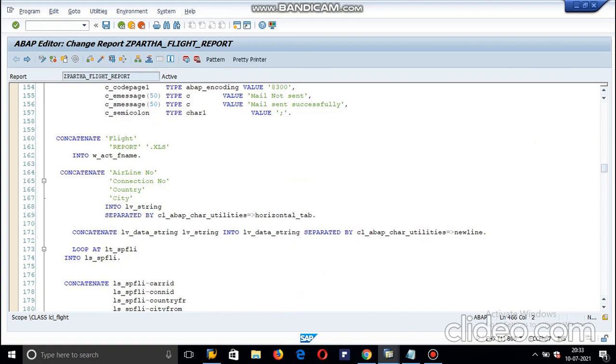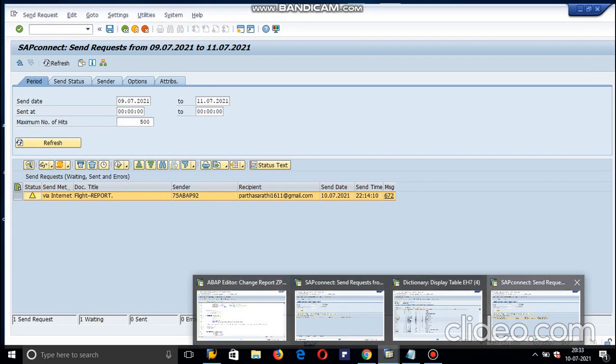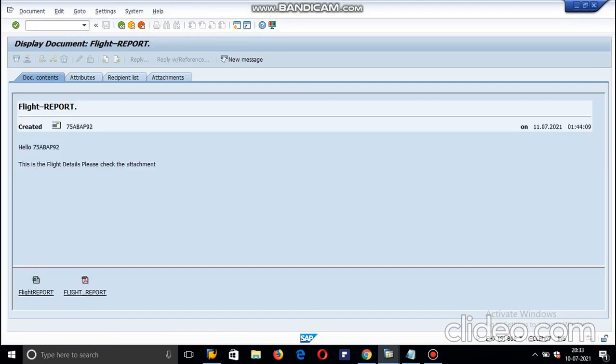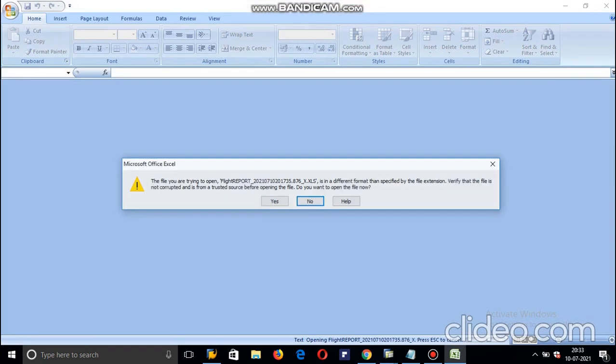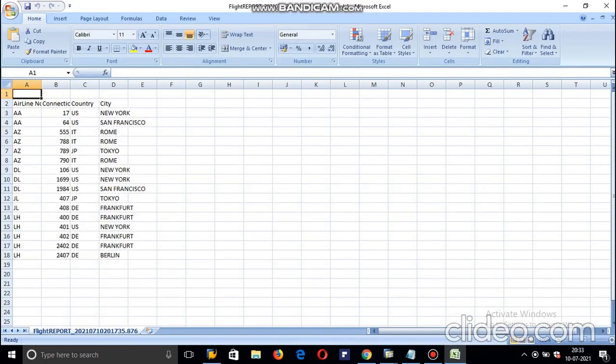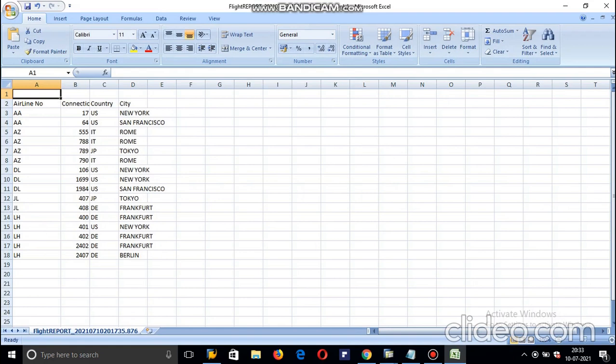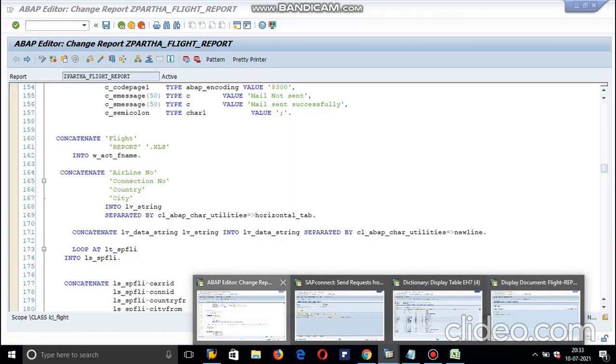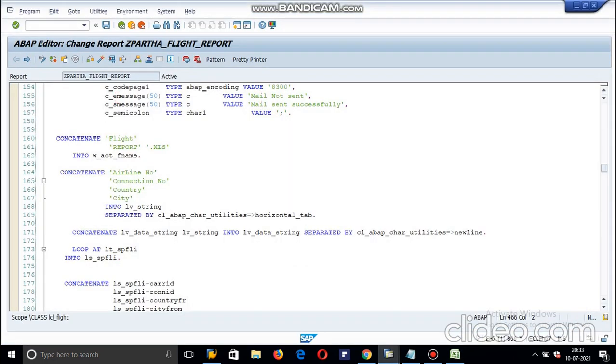If I go to the Excel attachment once again, you can see there is a header inside that attachment. That is what we are preparing here: first the airline number, then the connection number, country, and the city, pushed into a string with a horizontal tab.